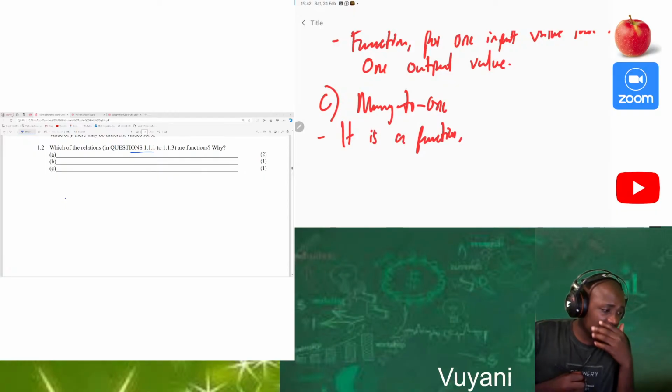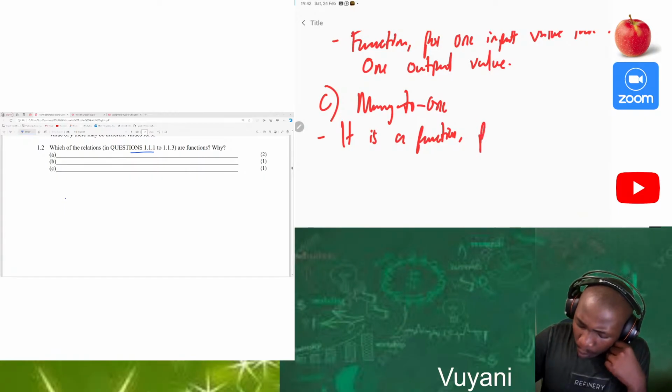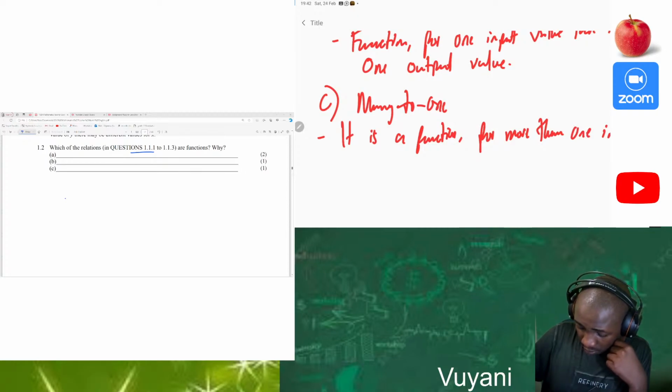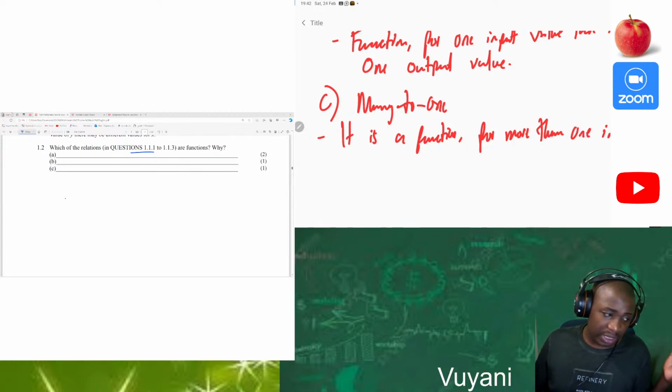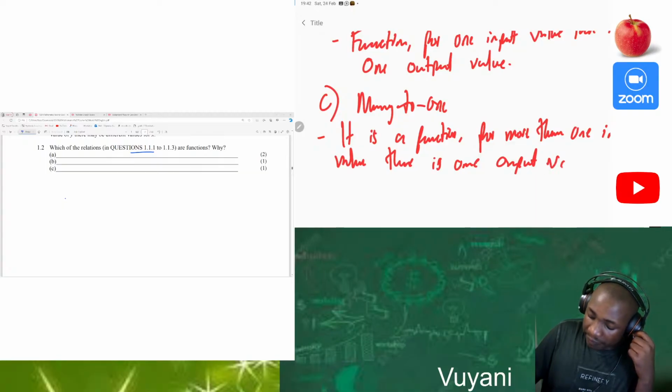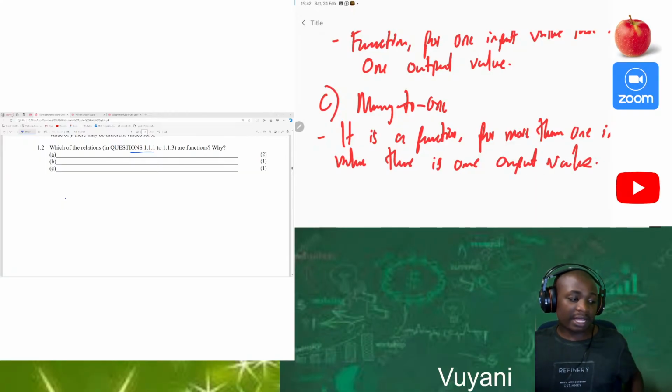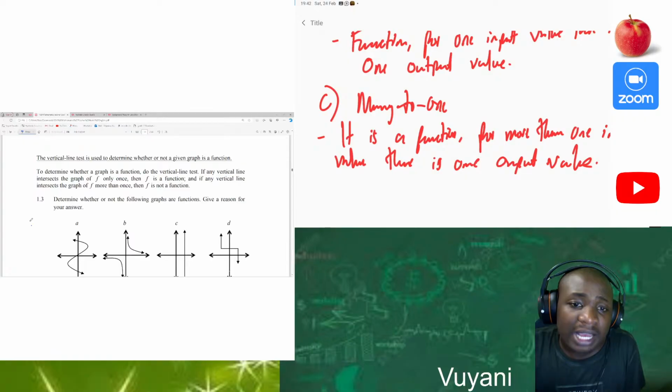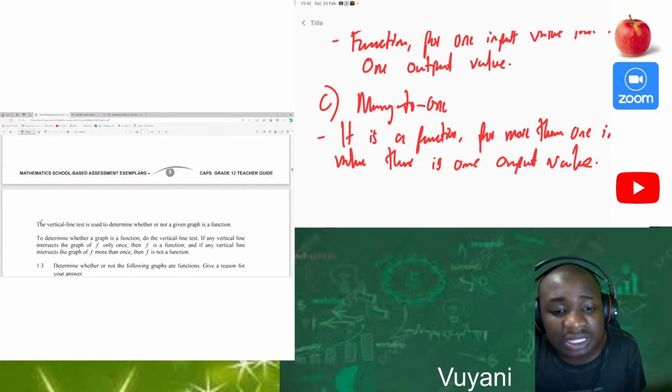Why is it a function? So we can now say that for more than one input value, there is one output value. So then definitely that's our function. Then after now we use the vertical line test